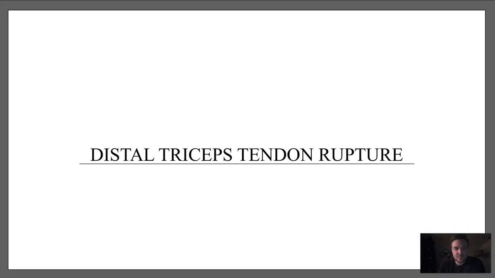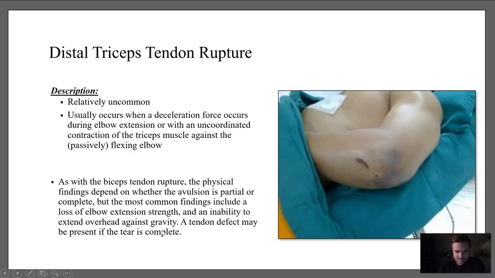Anyways, as we move on here and look at the triceps, it has a very similar presentation to the distal biceps tendon rupture. The distal triceps tendon rupture is relatively uncommon, however. This usually occurs when a deceleration force occurs during elbow extension, or with an uncoordinated contraction of the triceps muscle against a passively flexing elbow. Meaning, I've seen a few of these in my career, okay,